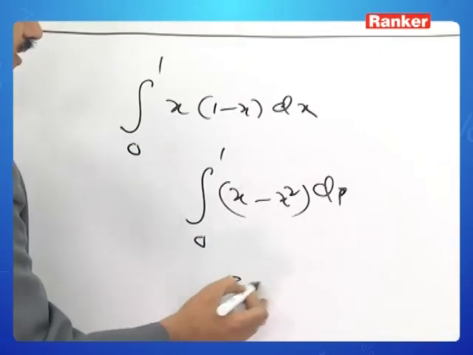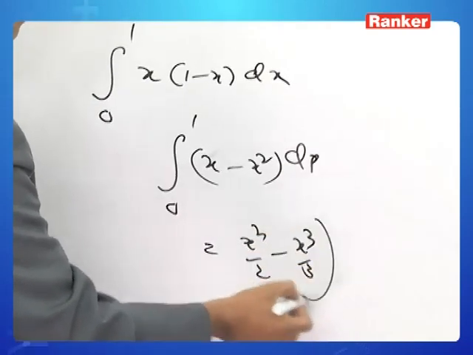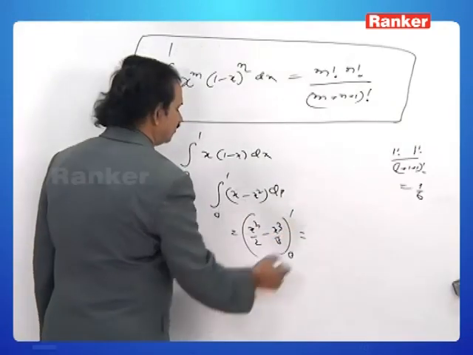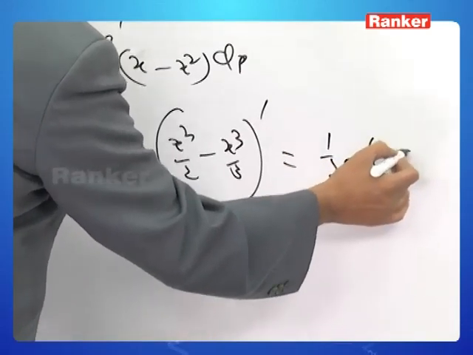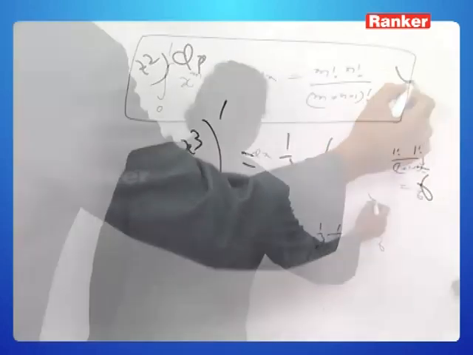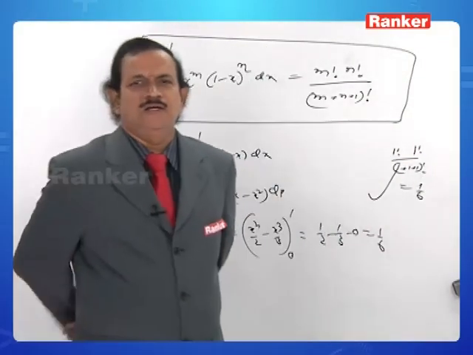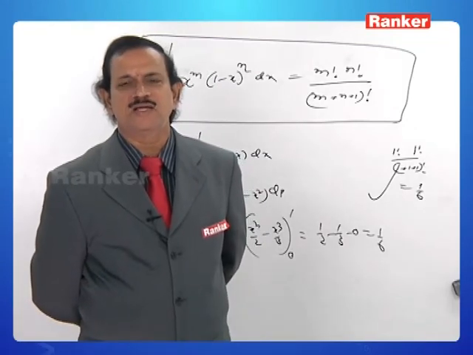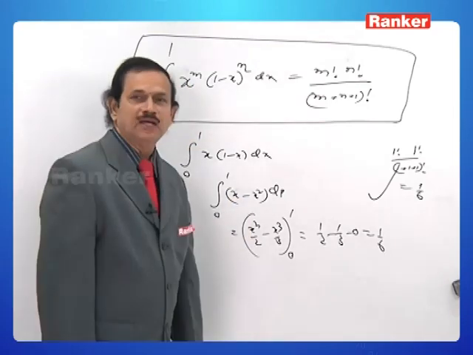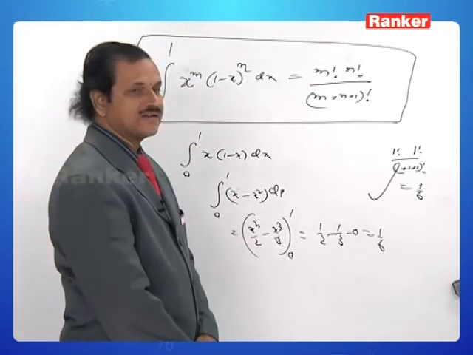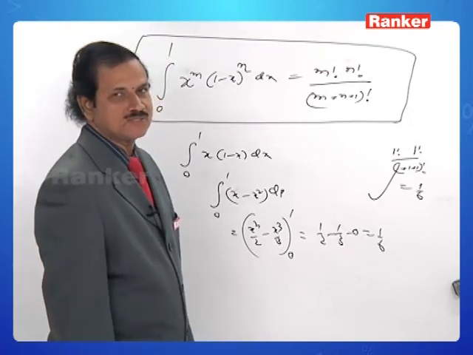For x, the answer is x square by 2. For x square, it is x cube by 3, but to the limit 0 and 1. Answer is, you substitute 1. 1 by 2 minus 1 by 3 minus 0 is just nothing but 1 by 6. Hence the formula is absolutely correct. It has been verified with this simple example. Hence the formula is m factorial into n factorial by m plus n plus 1 factorial, one of the standard